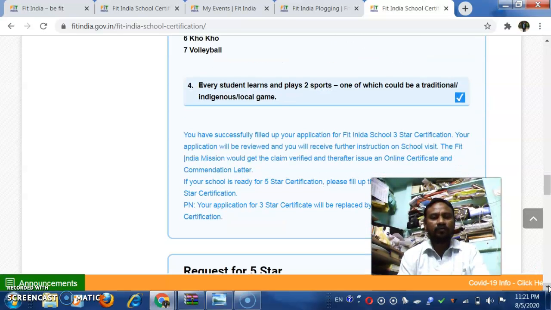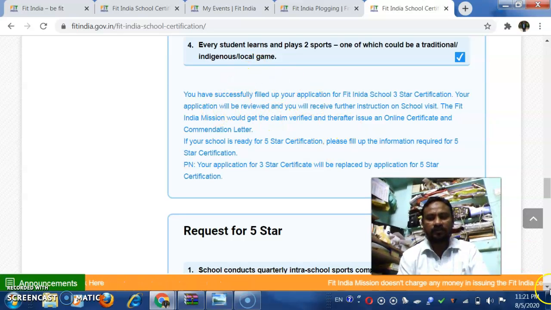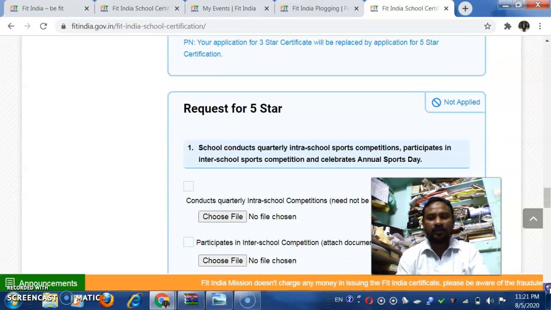After completing that, in the 4th point, every student learns and plays 2 sports, one of which could be a traditional or indigenous local game. You have to click that one. After completing that, this column will appear. You have to do all these things. There will be a submit button. You have to submit it, but here it is not appearing.